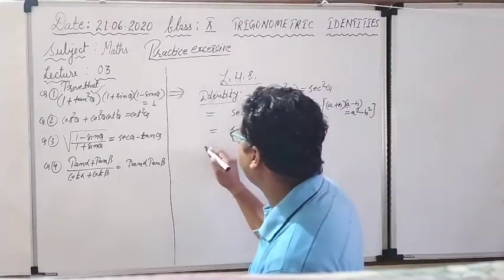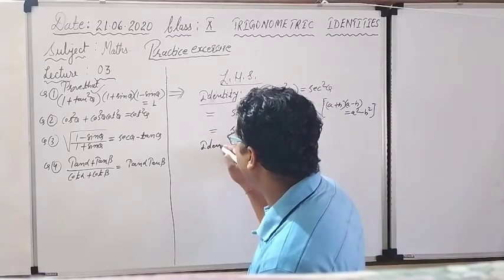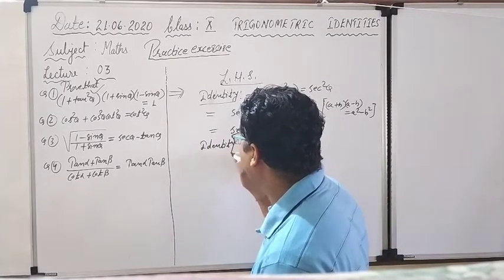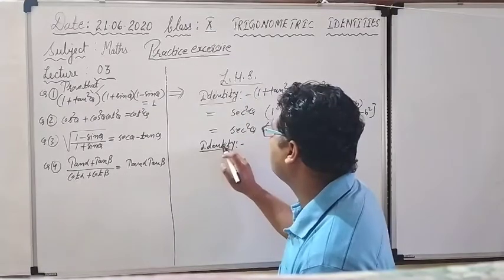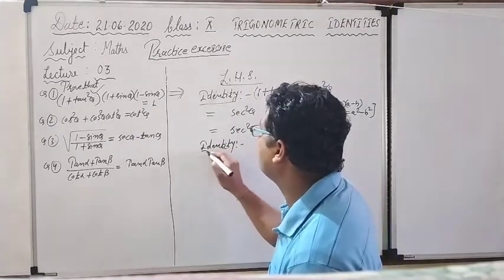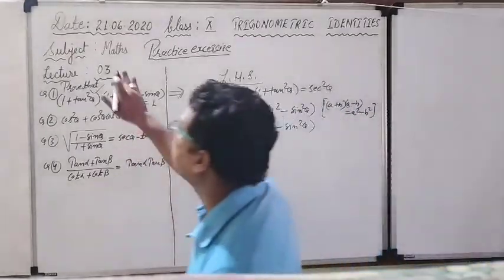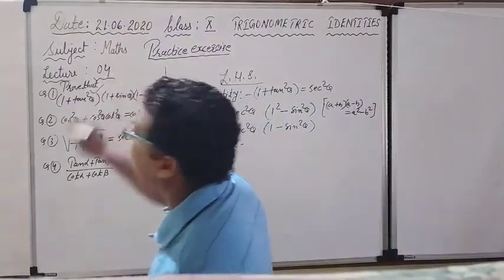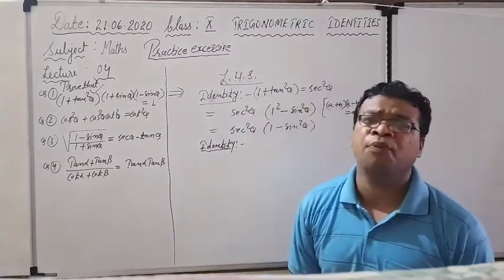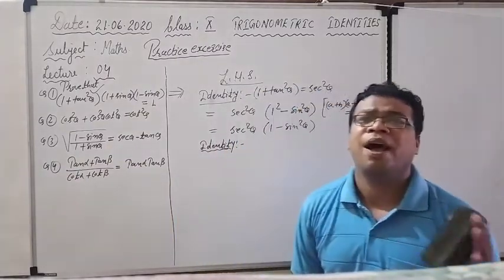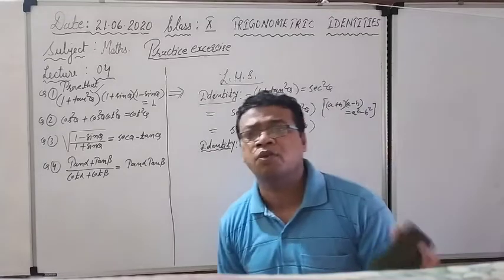Right now see the next identity. In my last lecture, whatever I have discussed, if you have not seen my last lecture, you should go for it first before coming to the practice exercises. This is our lecture number 4. Before coming to the practice exercises, I have actually told you what things you have to do.